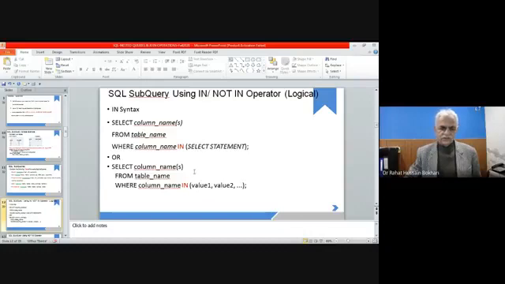We used this syntax, select column names from table name where column name in the values, in the last lecture. Now, rather than giving these constant values ourselves, we write a subquery here. This select statement will give you values that might be one value or more than one value. If this column's value exists within those values, then this query will give you the result. The outer query will retrieve the data accordingly.